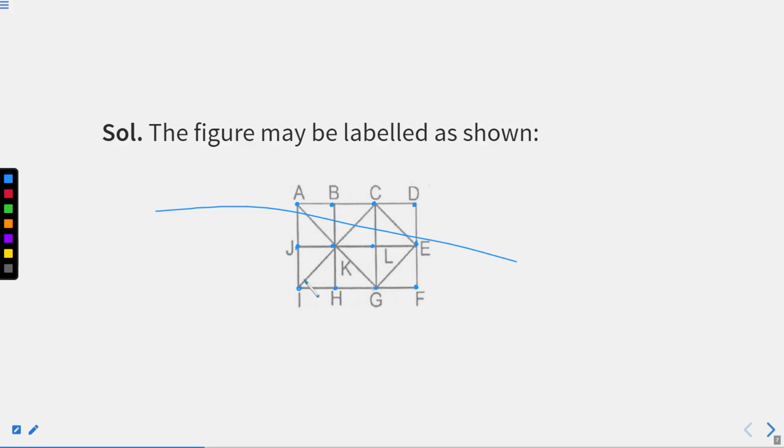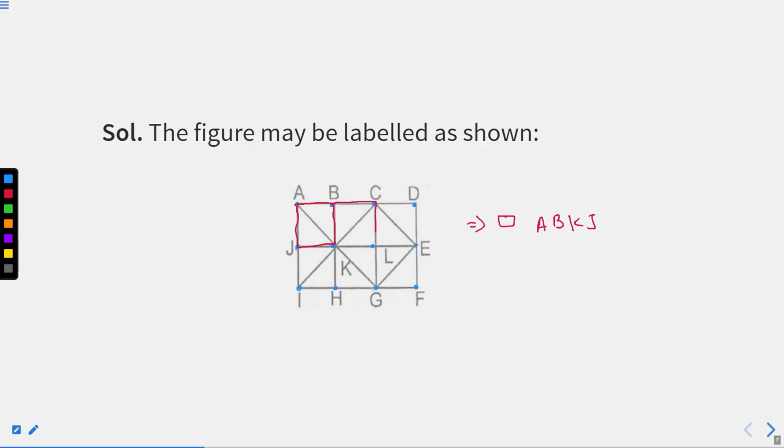Just a second. I think I have redrawn this line for you. Just a second, right? Okay. What we can do here is, what do we know? Let's change the color. Now what we have is a red color. This is a square and we will name it as square A, B, K, J.